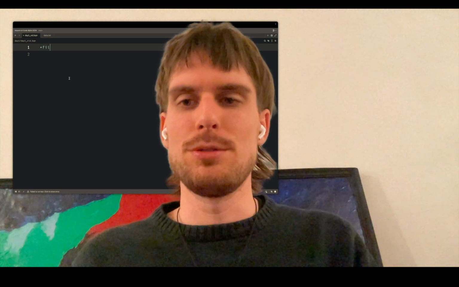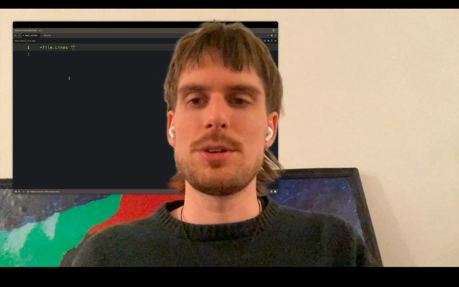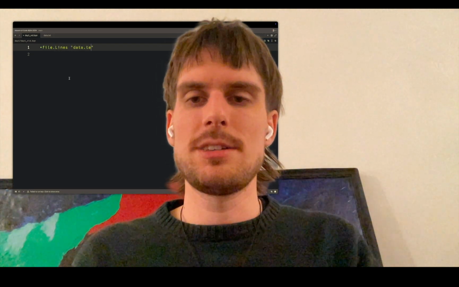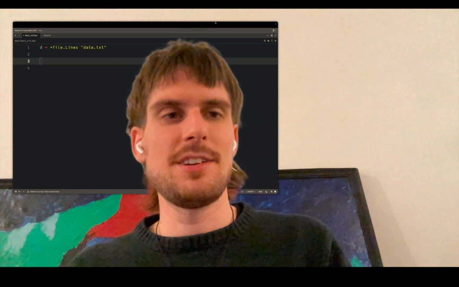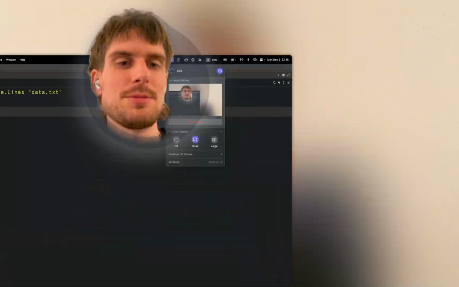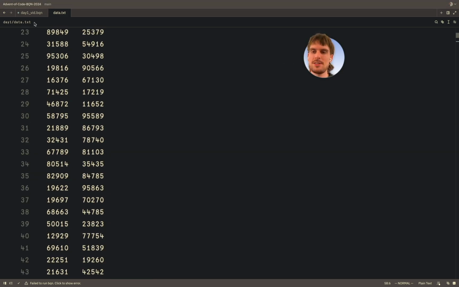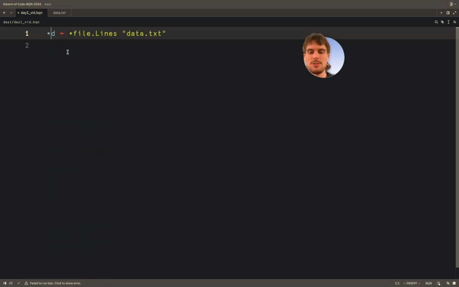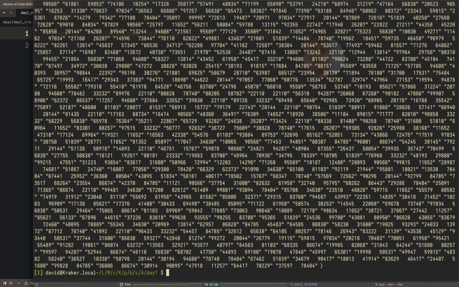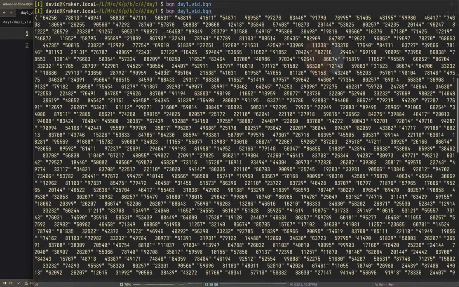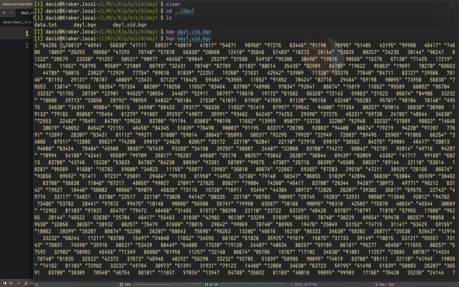To do that, let's go to file lines. Let's import text, or I mean data text, call it data. And let's also make the overlay small. Okay, nice. So here's the data, and we got it in as text. We can show that. So we got all these strings with spaces in between, and we need to first interpret them as numbers so